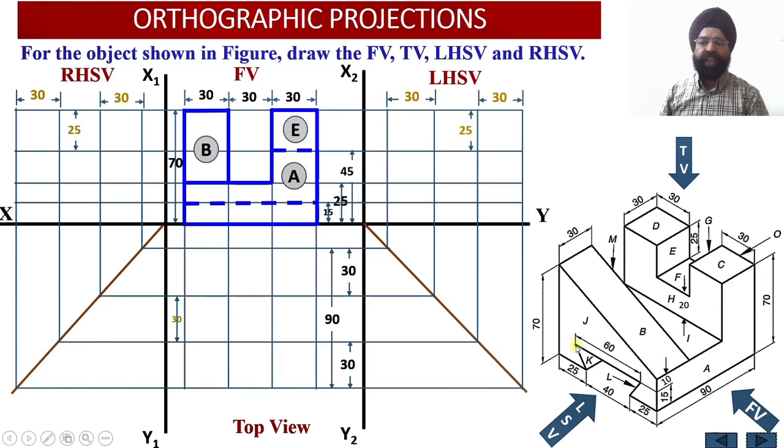Now let us have the locations of these 2 points which are lying on the rear side of the solid over here in the bottom orientation. So I know that this distance is equal to 25 millimeter. So corresponding to 25 millimeter from the rear side. So please see, this is the rear face of the solid over here. So from the rear face, if I move forward by 25 millimeter, I'll be able to obtain the bottom point of this slot. And in order to obtain this angular portion, I know that this dimension